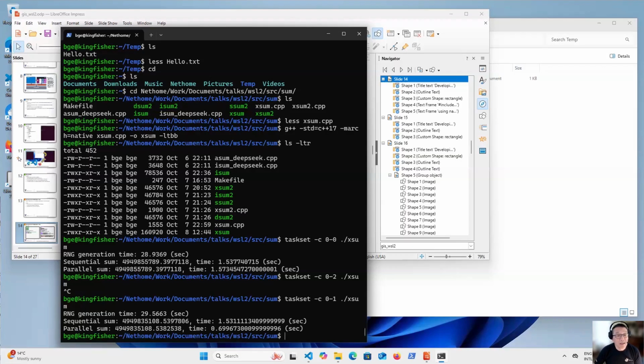Okay, and then you can see that the parallel execution did take almost half of the sequential time. The serial version accumulation takes 1.5 seconds, and the parallel version using 2 threads on 2 cores took about 0.7, which is about half of the time. But if you look at the result,